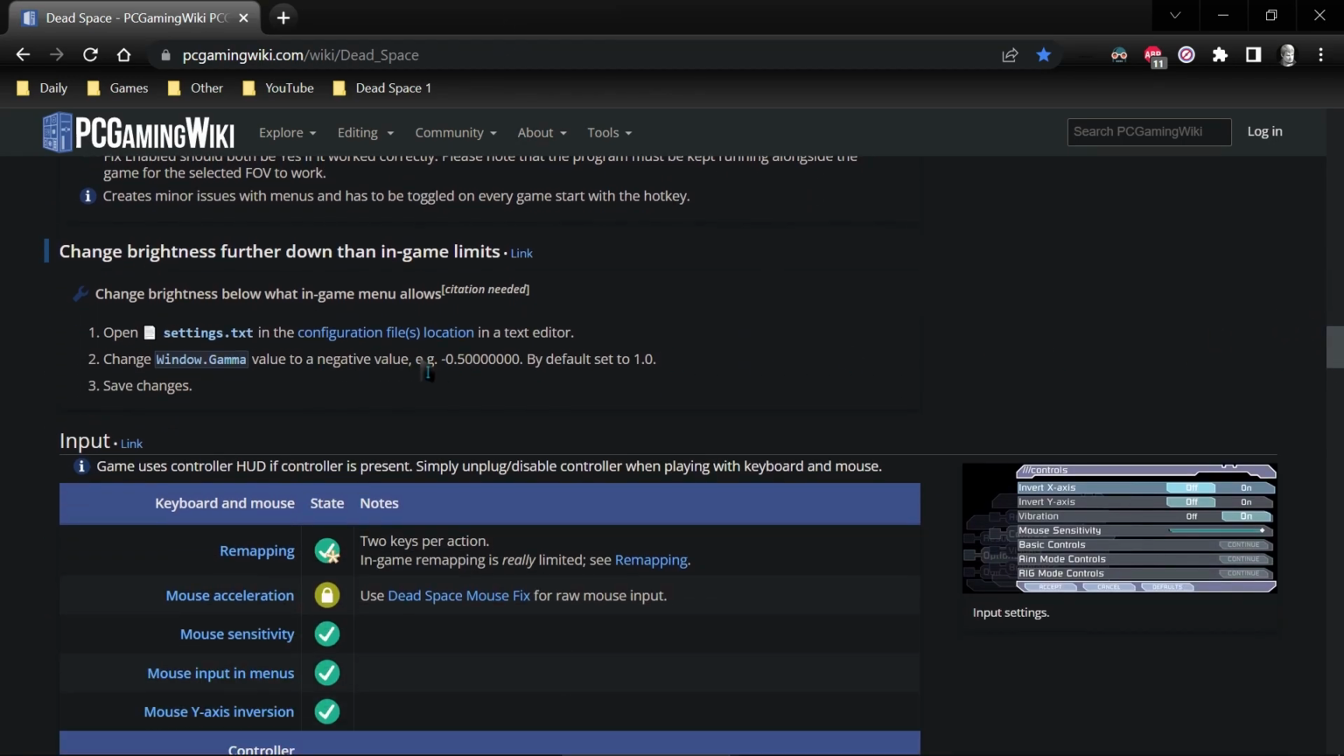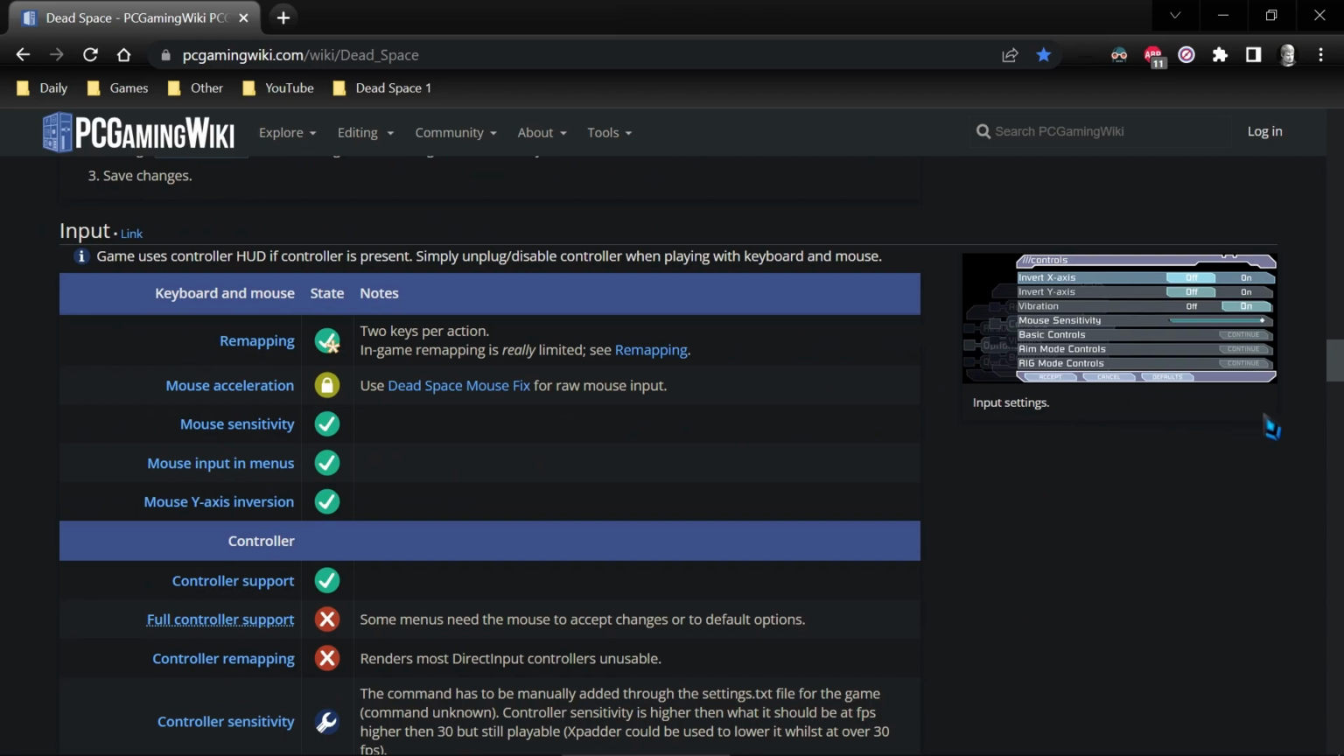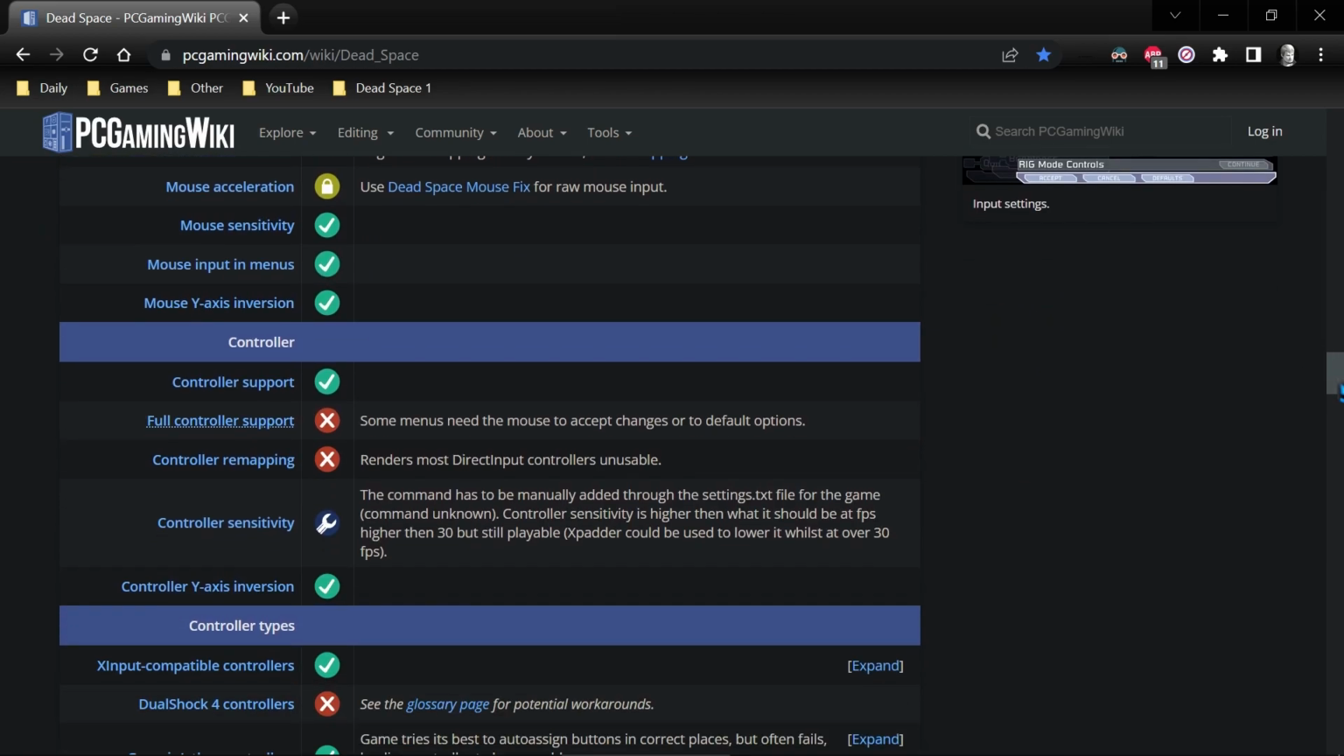And yeah, the brightness setting, I didn't cover that, but in the settings.txt, there's a window.gamma. And this is the brightness setting in the game. If you need to, you can adjust it here just like you do the mouse sensitivity, and you can extend it past its limit. This talks about inputs, key bindings, controllers,